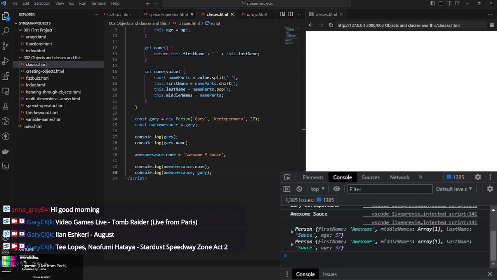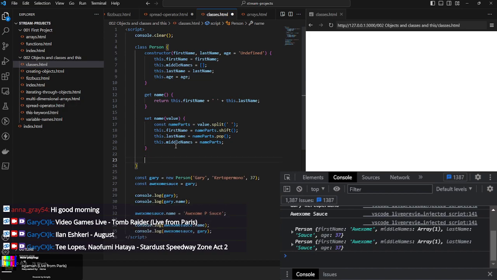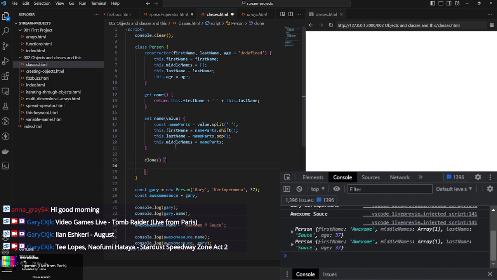Okay, I need to check if it's okay. I believe that it doesn't natively exist, but that's no problem. There are multiple ways to clone an object, but yeah, that's something. For example, you can do clone, and then do